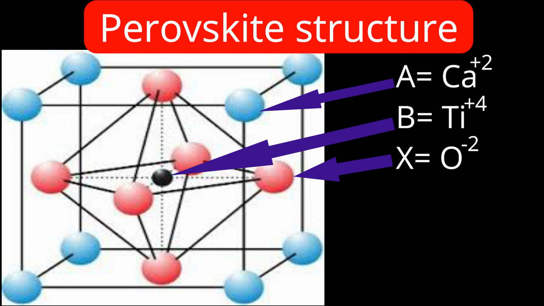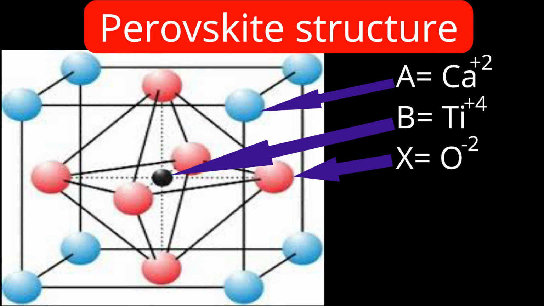Likewise, the right side face you can consider, the central oxide ion you can imagine, its surrounding to calcium plus 2 you can imagine. With that face, 4 such oxide ions you can imagine, as we did for the upper face, likewise side face, similarly front face. So front face 4 oxide ions, side faces 4 oxide ions, up face 4 oxide ions, total 12 oxide ions will be there surrounding calcium plus 2. I don't know exactly whether you understood this point or not, but think critically, you also will understand the coordination number for calcium plus 2.